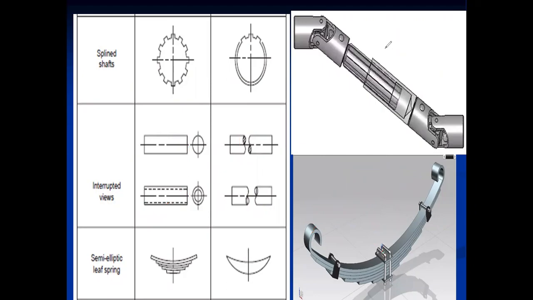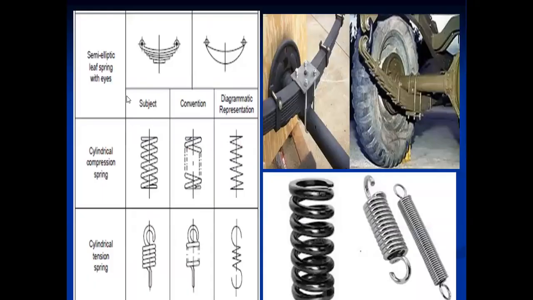Further, we have seen different types. Again, a leaf spring with eye, without center band, with center band, without eye. Likewise, types are there. Here I have shown actual leaf spring in practical, so you can observe this in practical also. Further,